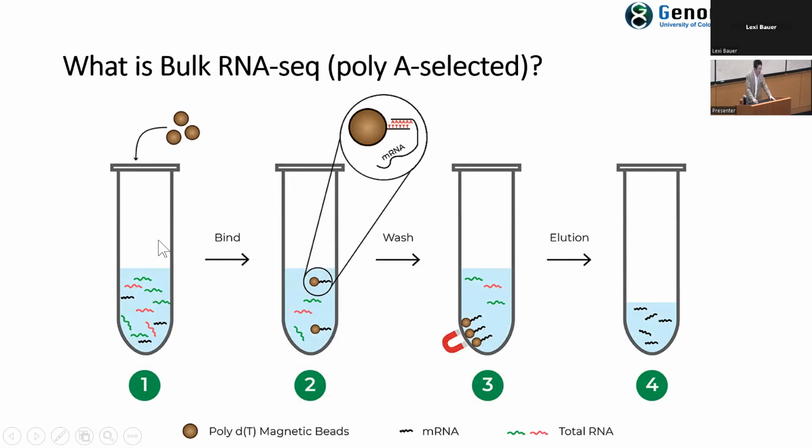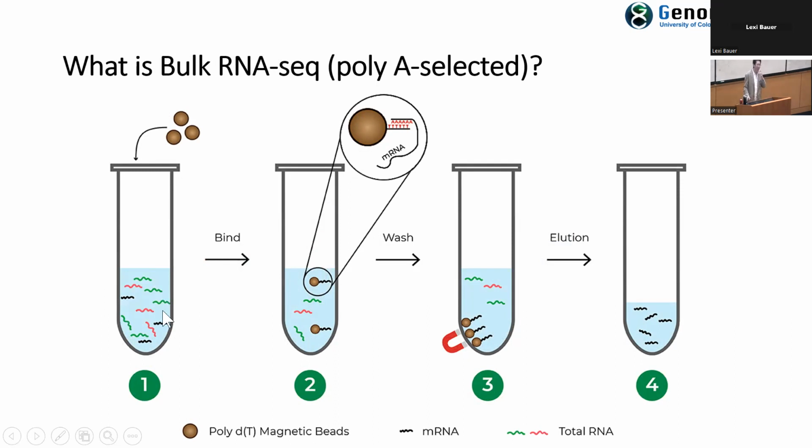Well, there's many different kinds of bulk RNA-seq, but the most popular one that we do is called polyA-selected mRNA-seq. So this is going to specifically look at the transcriptome only, the mRNA only. And that all starts here, where, as you can see, you have this tube, you have all the RNA in there. And really,